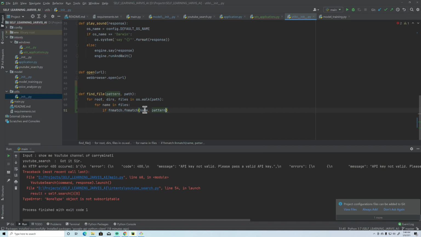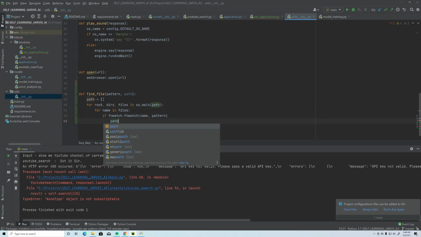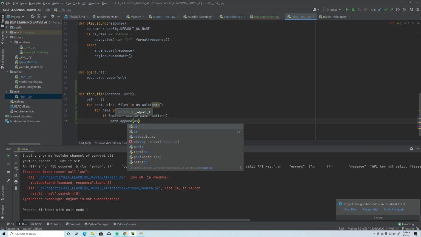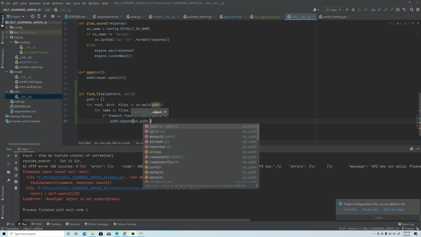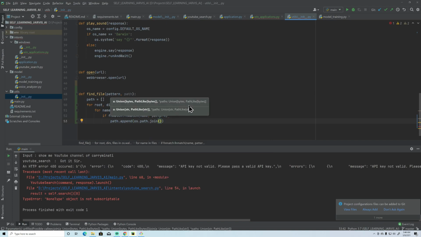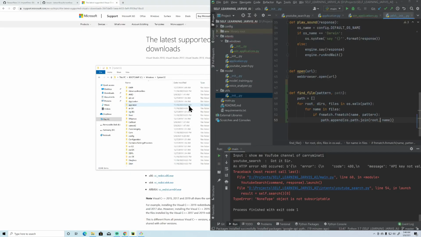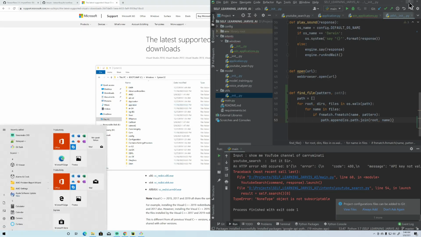So if this name matches the pattern, then we can keep those file names in a list. So path.append(os.path.join(root, name)), right? So yes, this is it,